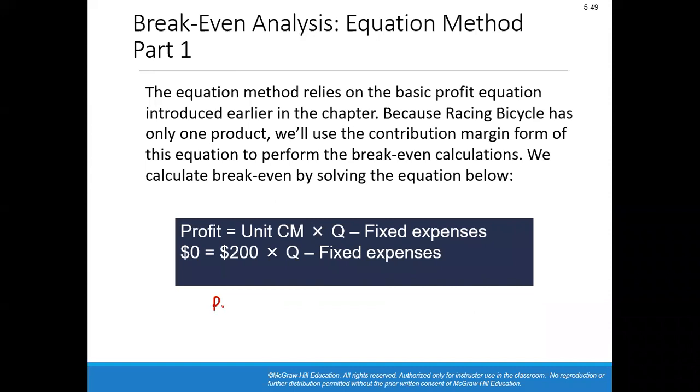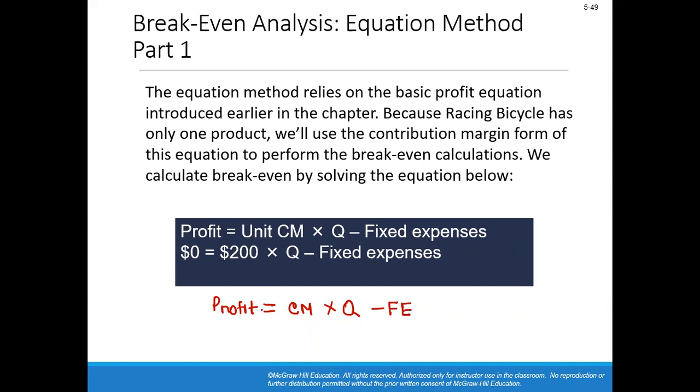Okay, so let me write it down again. Profit. You probably can recall that we have the per unit contribution margin, and we know how to get it. If we multiply this by Q, and we subtract the fixed expenses, we get